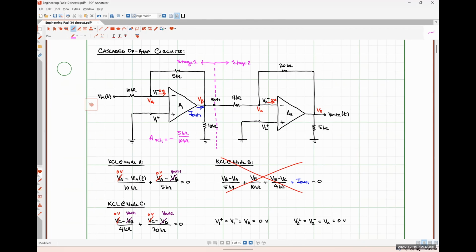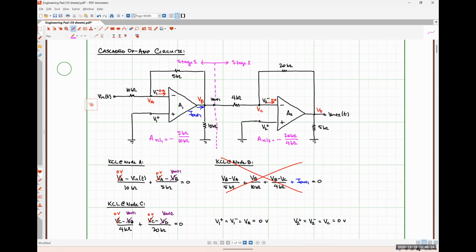Okay. What type of amplifier is stage 2? If we ignored stage 1 entirely and just analyzed stage 2 by itself, what type of amplifier is that? The same exact thing. So the voltage gain for amplifier stage 2 is going to be negative 20 kiloohms